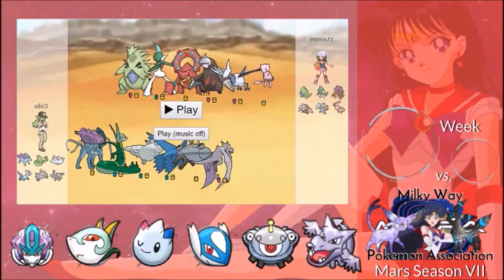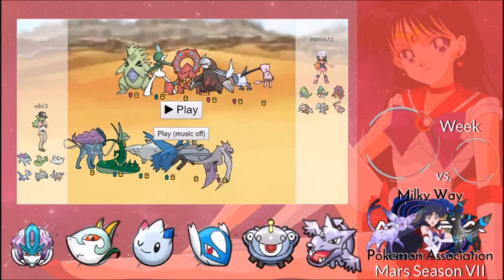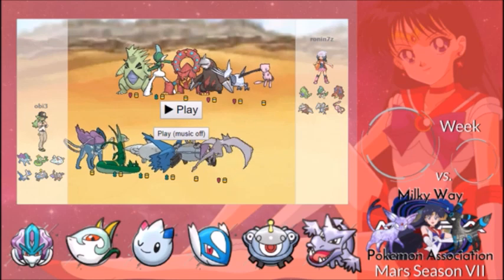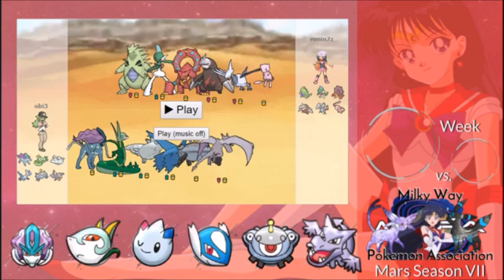How's it going, guys? We are back for MWPA Season 7, Week 4. We're facing Ronin, who is a formidable opponent. He is the last of the undefeated teams at 3-0, and potentially a playoff opponent if we get that far, because this is only an 8-week season, so 3-0 is